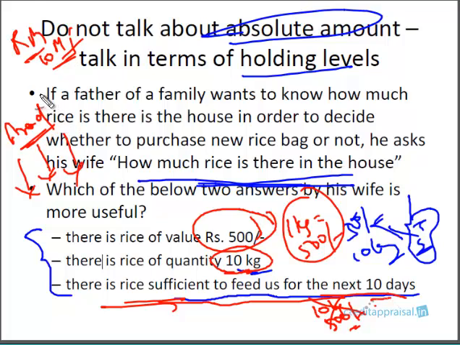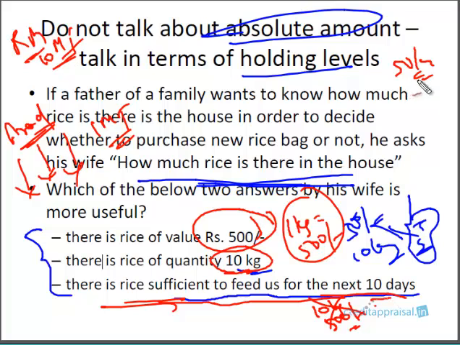Okay. So the production manager asks the store in charge how much raw material we have, because this production manager has to ensure that production does not stop. It has to go as per schedule every day. So maybe daily he is going to consume 1 ton of raw material. So he asks his store in charge, how much raw material is there in the godown? Now if this person says we have 50 lakhs worth of raw material, it's not going to be of much use